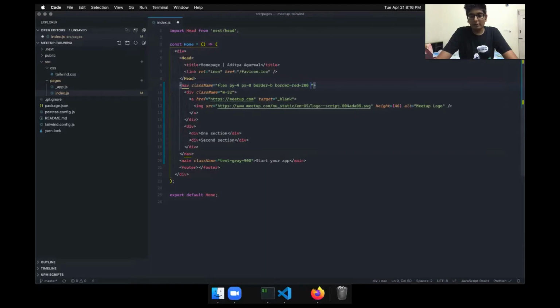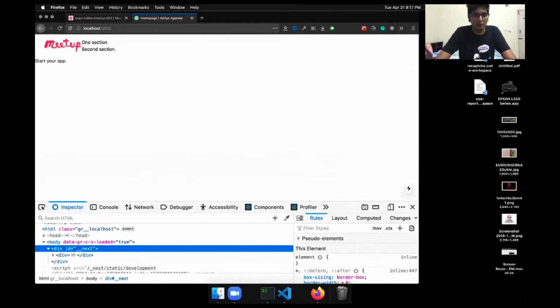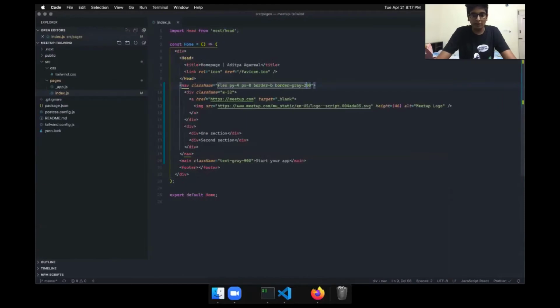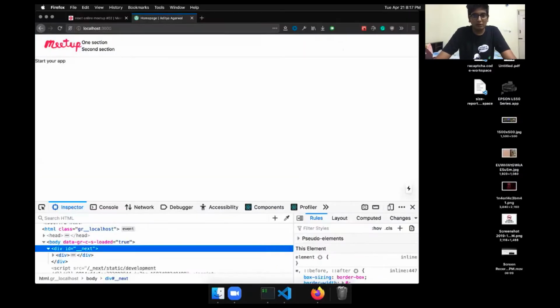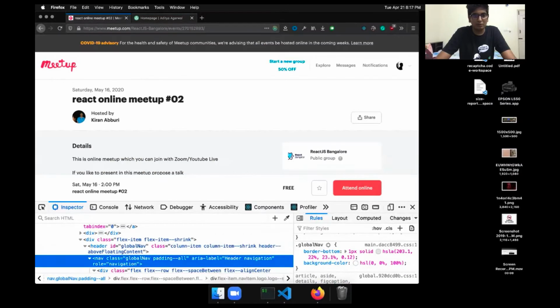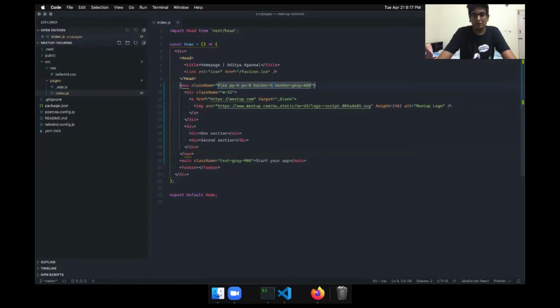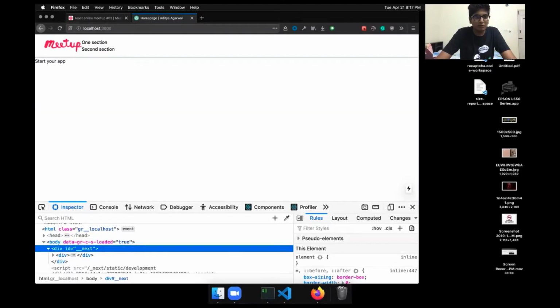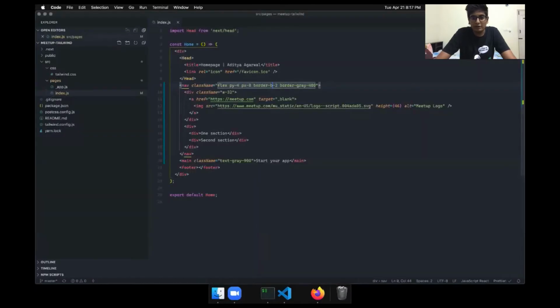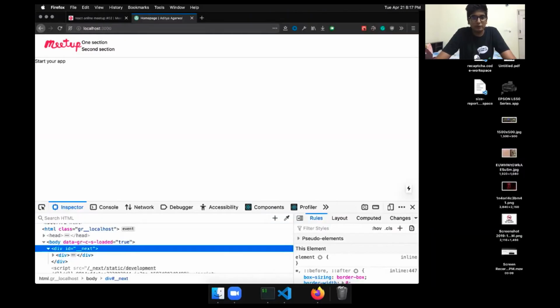Tailwind offers some colors by default, so let's see if one of the predefined colors looks good for our case. It would be border gray 200. Let's see if it works. No, this is too dim. So let's try 400. Okay, and I think we should increase the width to 2. And we need a lighter shade. So 300 should work. Cool, this looks similar to theirs.